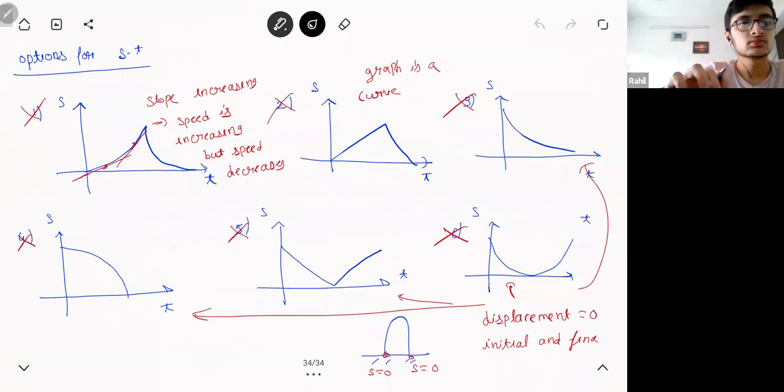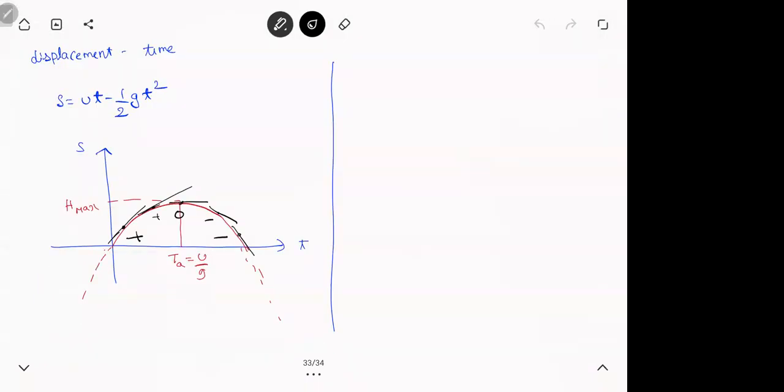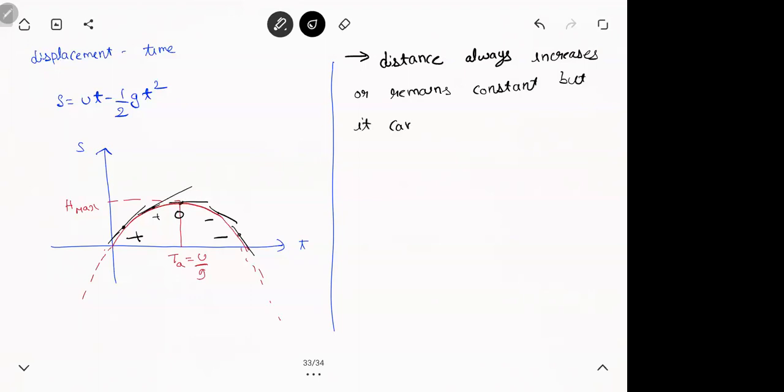So done? Done? So now look at this thing. Still we have to do distance, distance time graph. But there is something about distance. Distance always increases, right? You go front or you come back, it will always increase. Or worst case, it will remain constant. When it is not moving, it will remain constant. But it can never decrease. So in the graph, if any graph is decreasing, it is eliminated. But still, how to draw this thing? Still carefully.